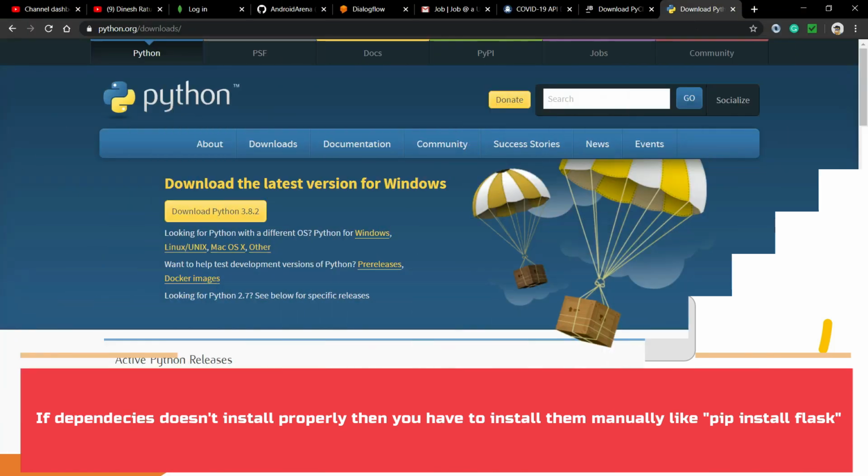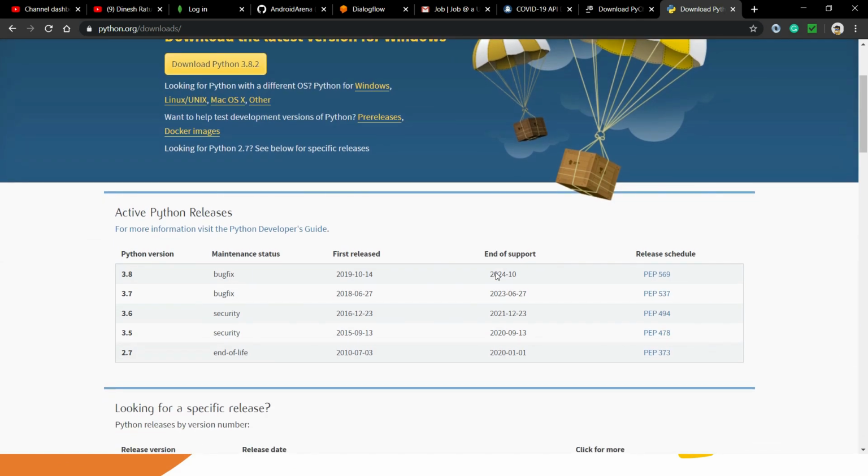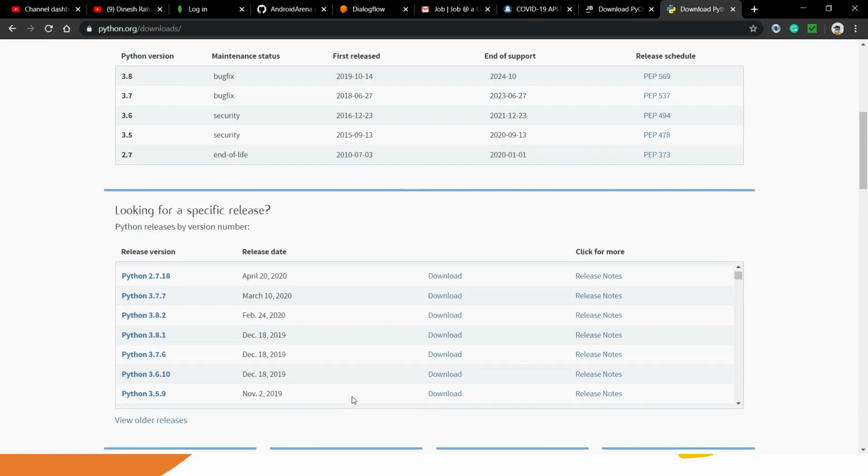One more thing, before downloading PyCharm, you just need to download Python also, because Python is the base for all. You can download 3.7.7 or 3.6 because they are more stable versions. So go to this website and download 3.7.7.